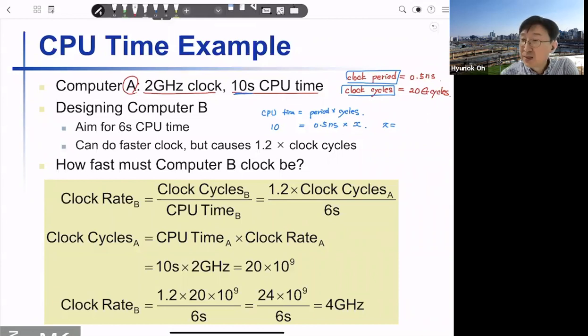Okay. So we have this setting. Then what we are trying to do is design a computer B. Here, we want to improve the performance. Our goal is to complete the program in 6 seconds. So definitely we are increasing the clock frequency. Then we can reduce the CPU time, right? That's simple. But the problem is that